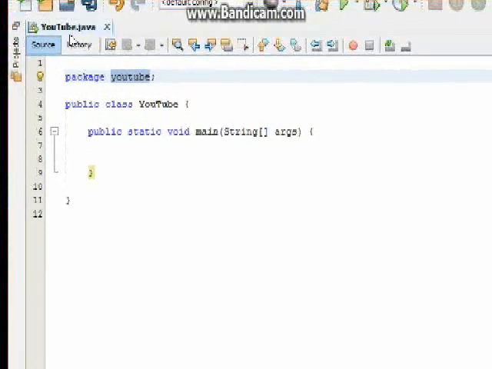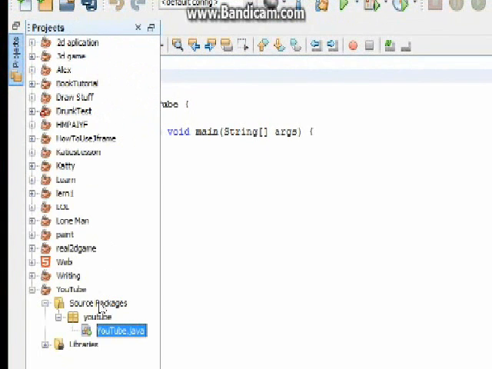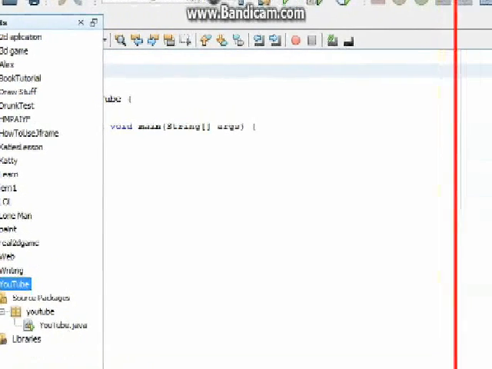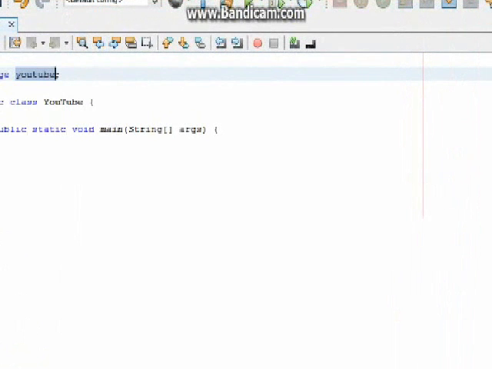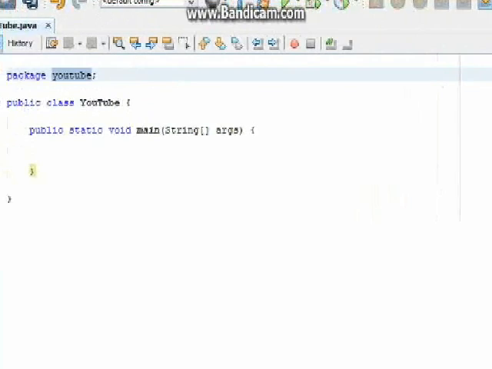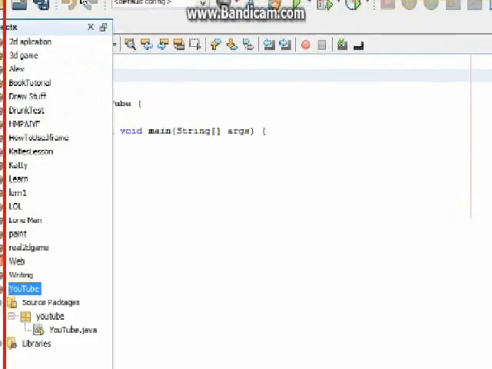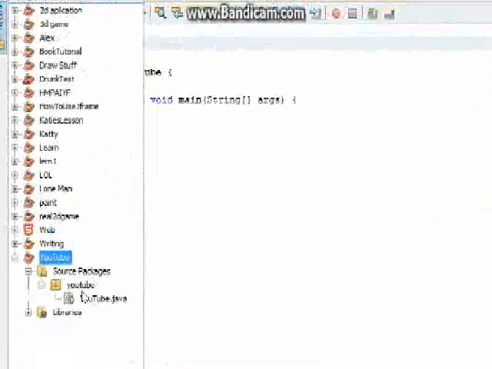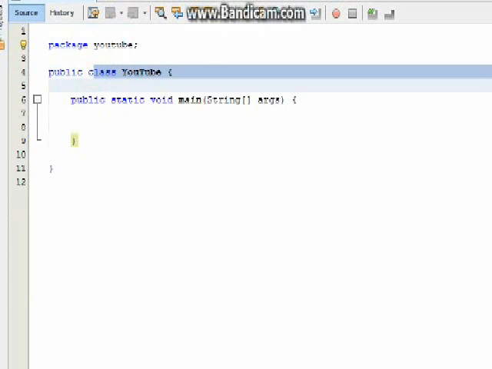Go into projects right here. You can see it's right here in the YouTube. Go out of that, and well, actually, let's go back into it. In YouTube, they made this package. This is the project, and this is the package. And inside this package, they made a class. And the class that you're seeing right now is this right here. You can make many of these,